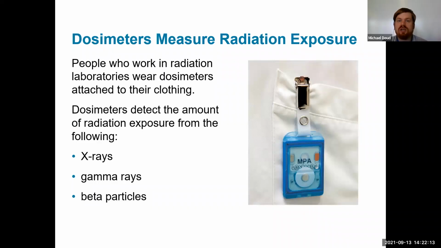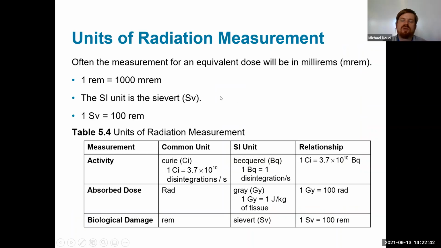maybe some of you are going to work in units that involve radio medicine, and so it's important just to hear these words first from me, and then you'll learn about it on the job. So if you're going to work in a radio medicine laboratory, you're going to have this dosimeter on your clothing at all times. And this dosimeter is going to measure the amount of radiation exposure that you get from your X-rays, your gamma rays, or beta particles, because those are the ones that can penetrate the skin and the lab coat that you're